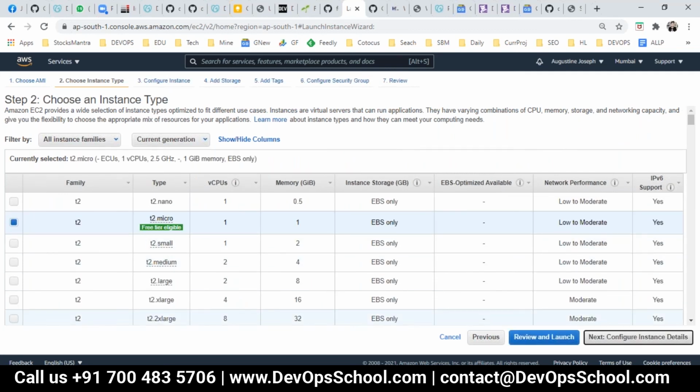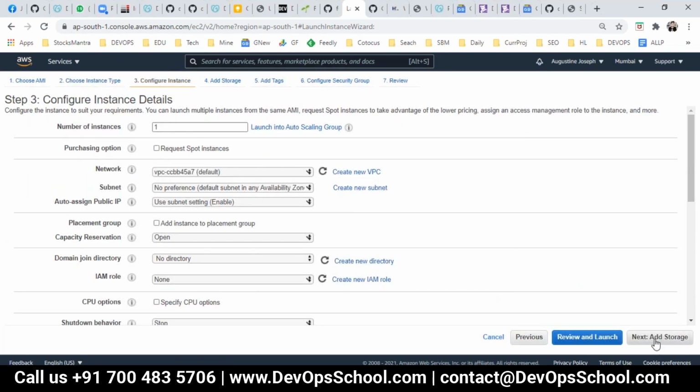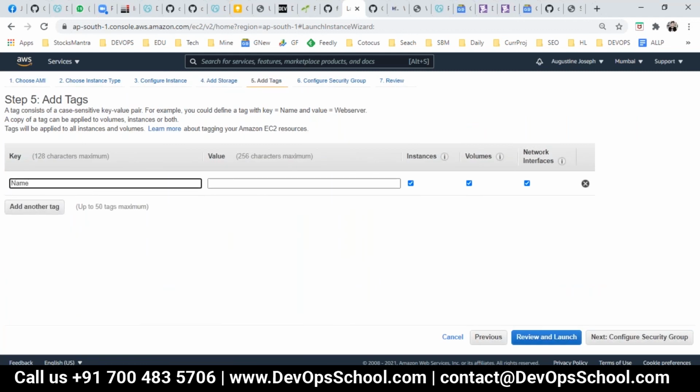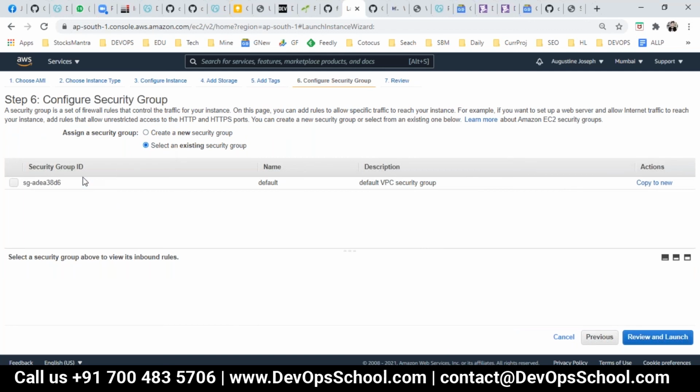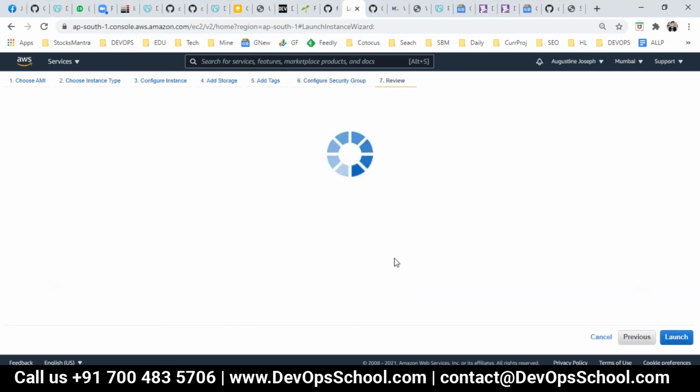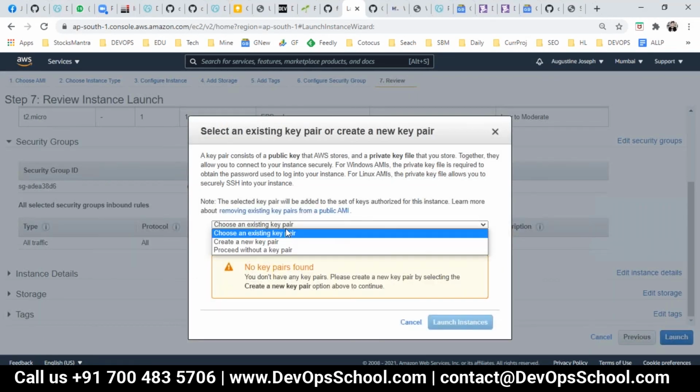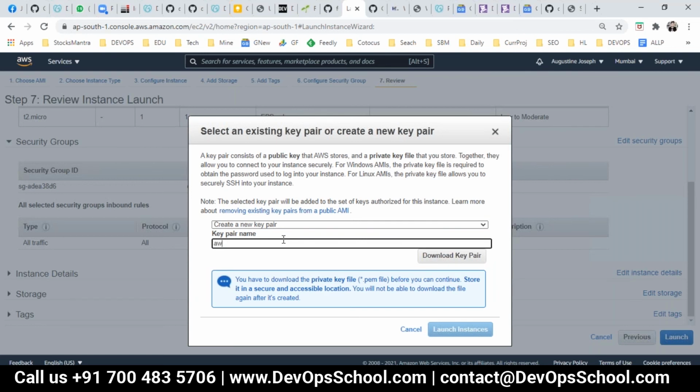So select one CPU, 1 GB RAM; that is enough for a demo. One machine. Add storage, 8 GB is okay. Name: Datadog Linux, and configure security. I'm creating one machine so I can set it up for monitoring.